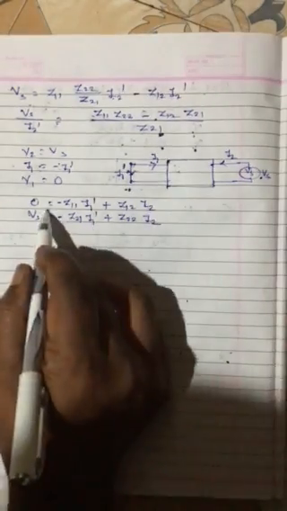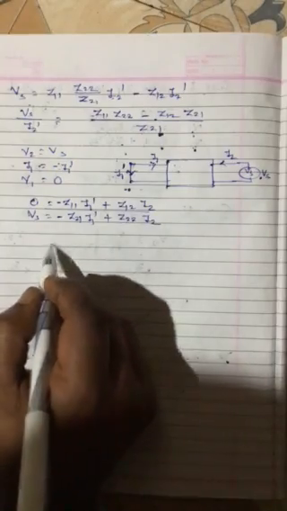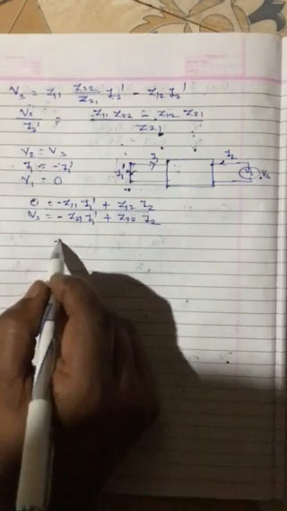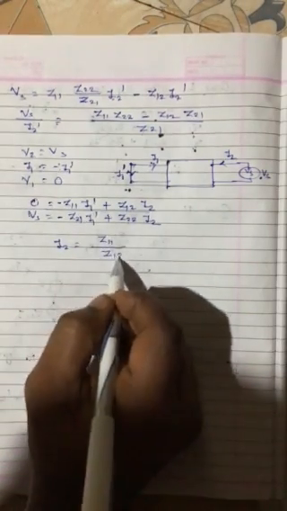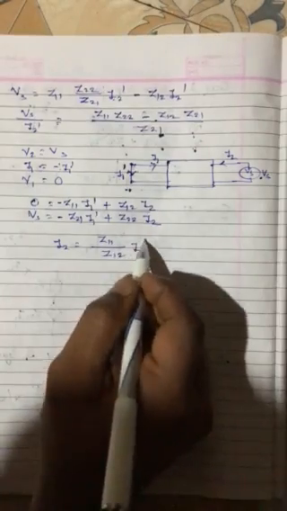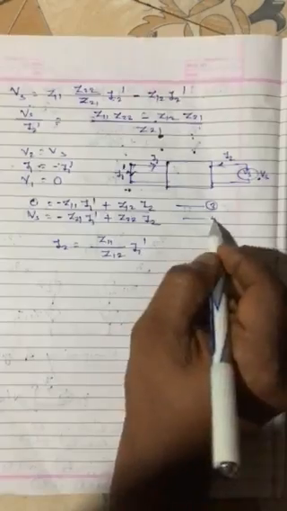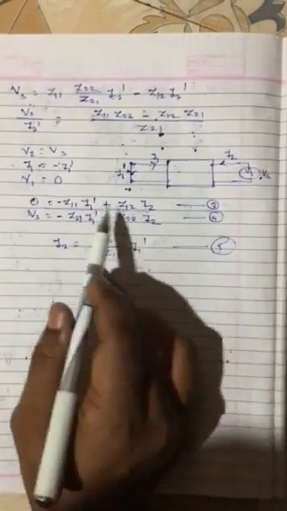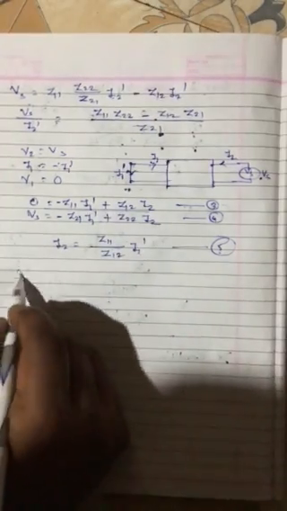Now again, let's rearrange this equation and find out I2. What will be I2? This term will move to the left side, so I2 will be equal to Z11 upon Z12 I1 dash. Right. Now again, if this is equation 3, this is equation 4, and this is equation 5, then we can place equation 5 in equation 4 to replace I2. So what will be the new equation?